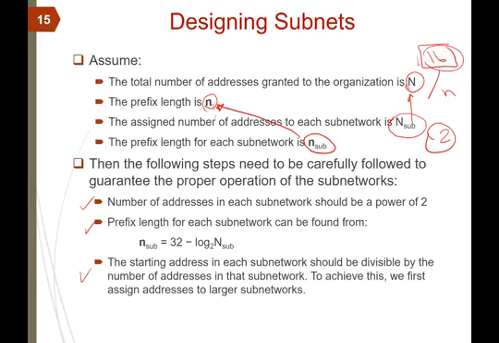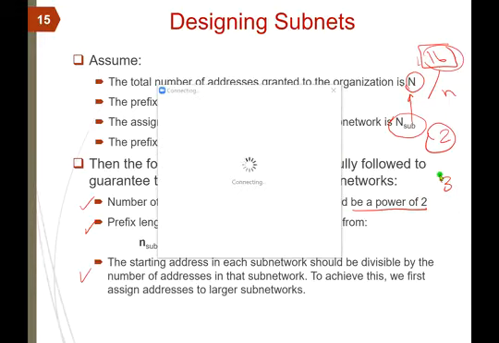Okay. The number of addresses in each subnetwork should be a power of 2. You cannot have, for example, 3 addresses in one subnet and 7 addresses in another subnet. We always need to have a power of 2. So if you are asked to create a subnet of 3 addresses, 3 is not a power of 2, so you'll choose